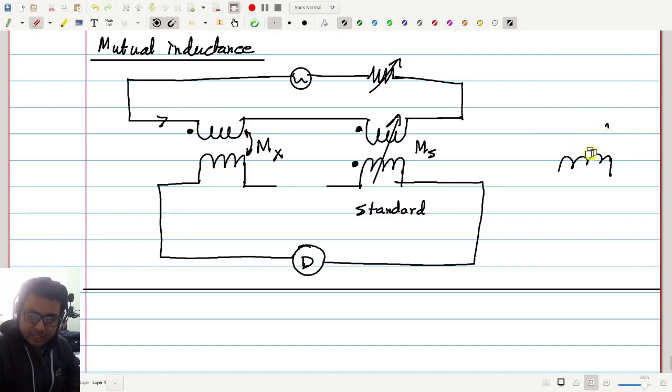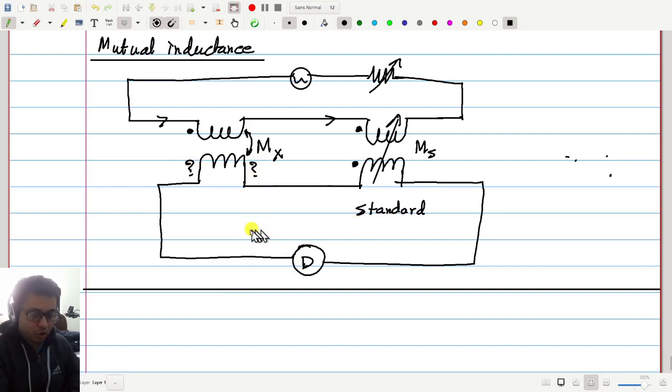Achha. So then let me put the dot here, so that I get the same current in both the primary sides. Now whether the dot is here or here, that is the question. So suppose first I connect it in this way and vary it, and I do not get balance at all, then there is a chance that this side is not going to share this dot. Also there is another possibility that MS is out of range. Ignore that.